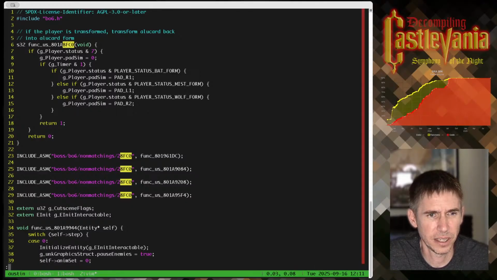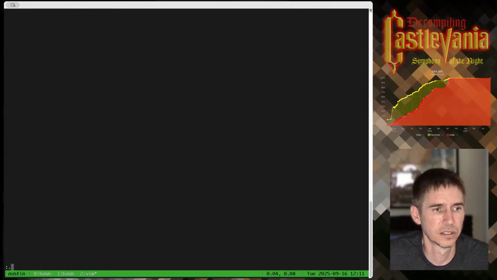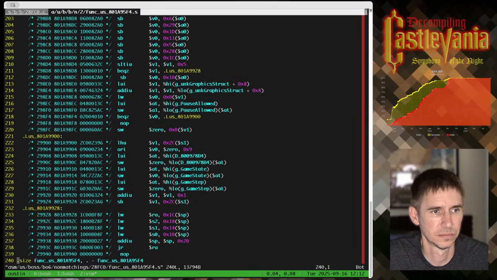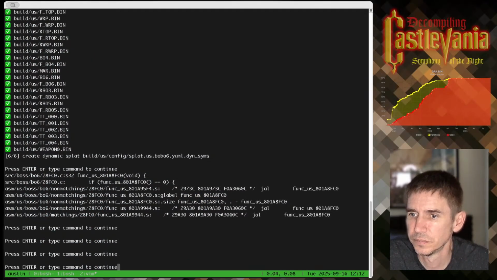So I think the 95F4 function references this as well. That's as good a place as any, since that's in here as well. A jump table, but otherwise a short one.